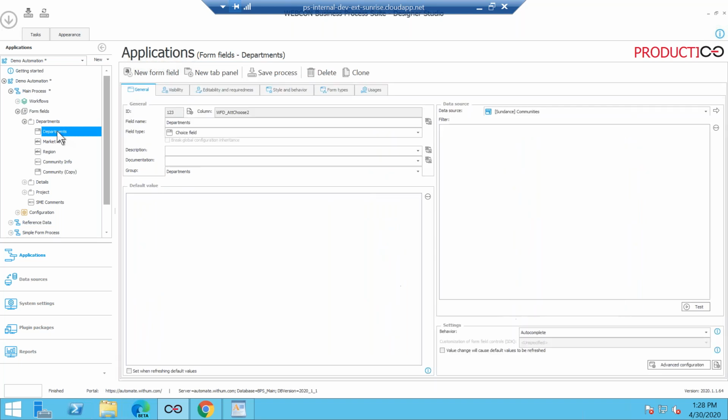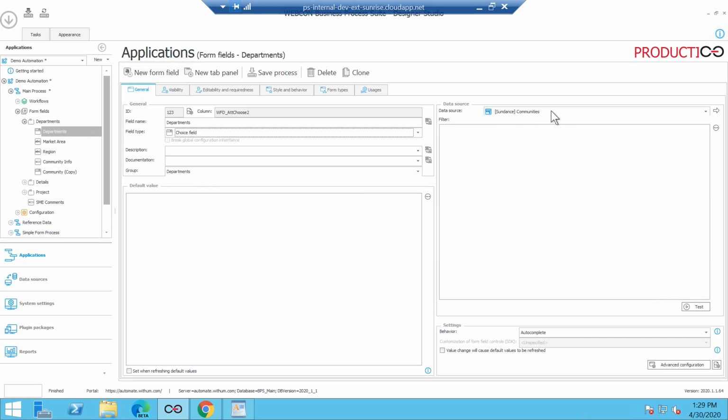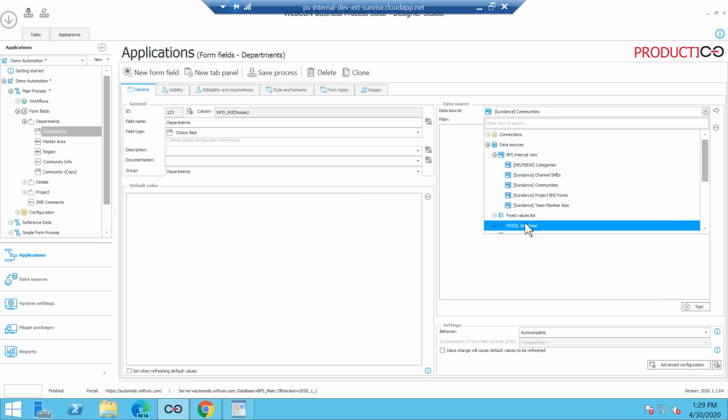I'm going to just, for the sake of time, I'm running, but I want to show you how a choice field is set. It's so simple. You first go and pick the choice field. You have your data sources that you can choose from. I will talk about data sources later, but that shows up right here.